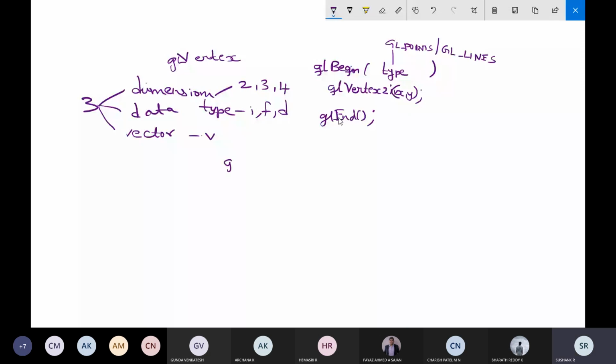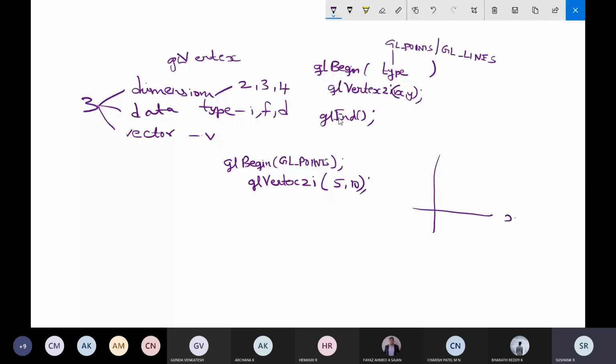For example, I'll write one function, GL begin, with the type I want as points, so GL underscore points. After this, GL vertex, two dimension, integer, 5 comma 10, one point at that location.